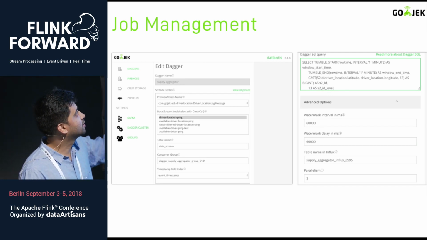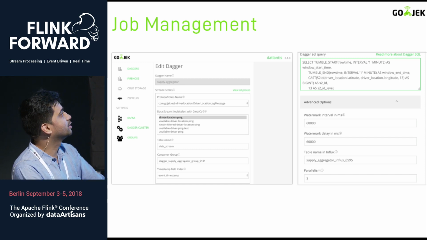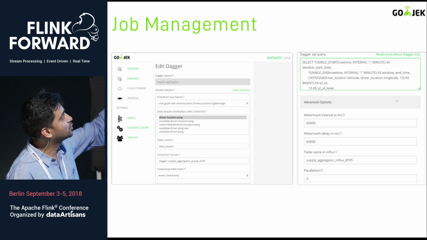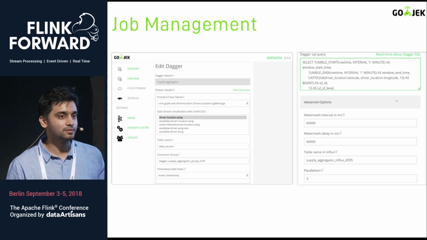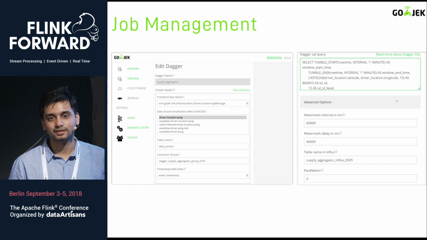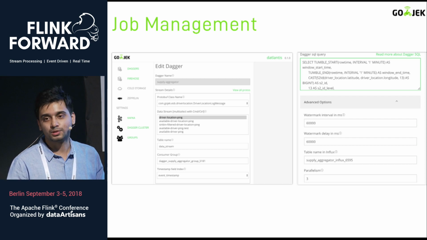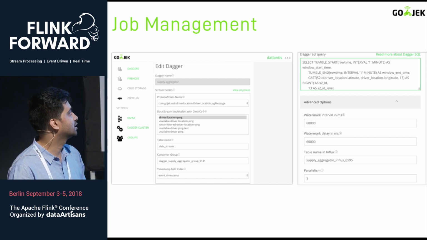This is a preview of a Flink job creation or edit page. So this is how it looks for any of our users. They have to first start with a schema. Every topic is associated with a certain protobuf schema, so they have to select what is the class of that schema. Once they have selected that, the portal shows them the options of what are the compatible Kafka topics that they can source data from.